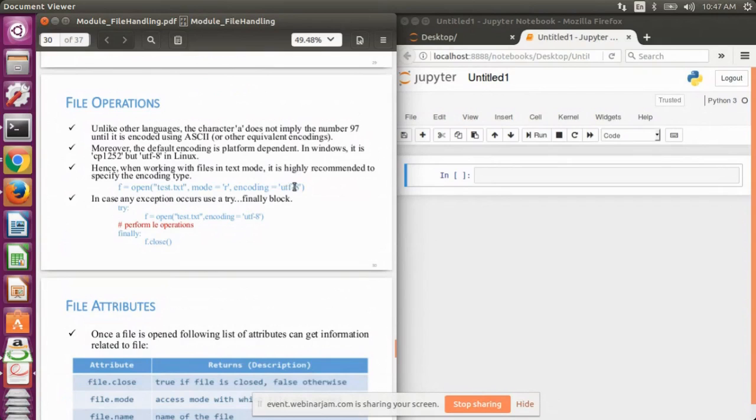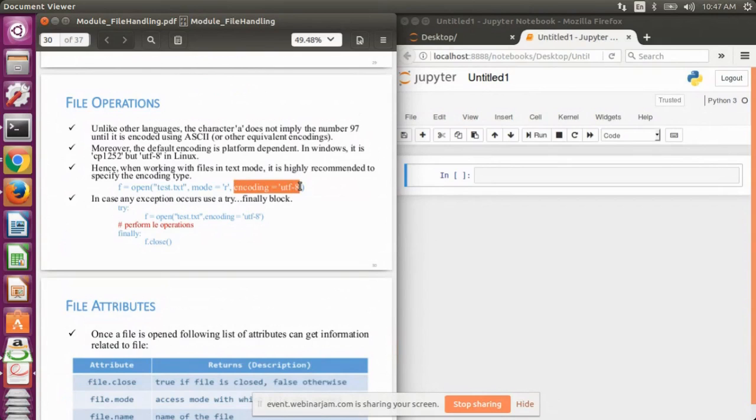So this means that if there's a letter A, then that code,